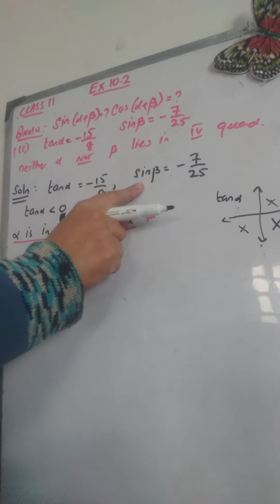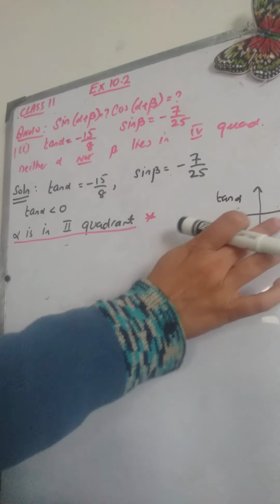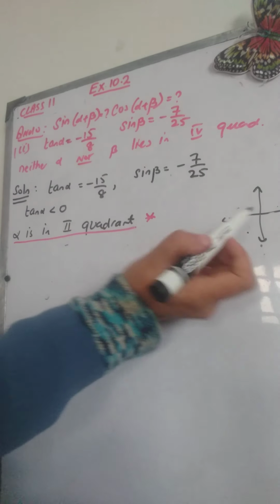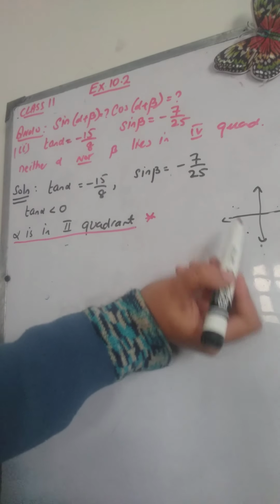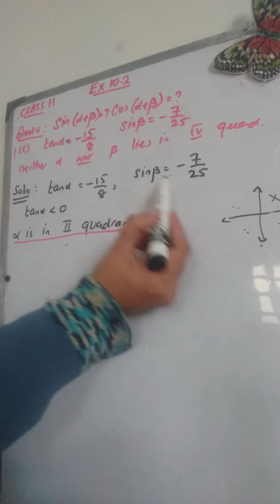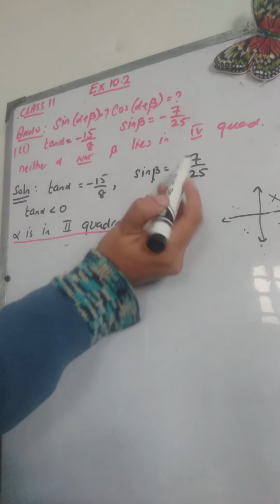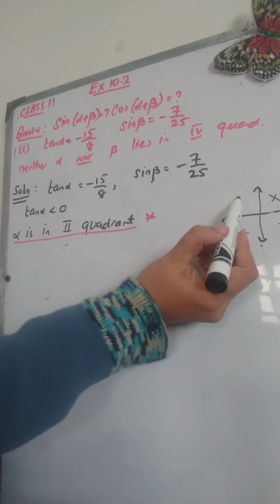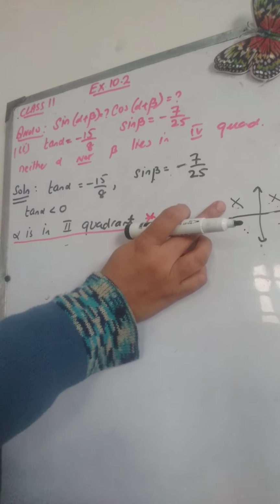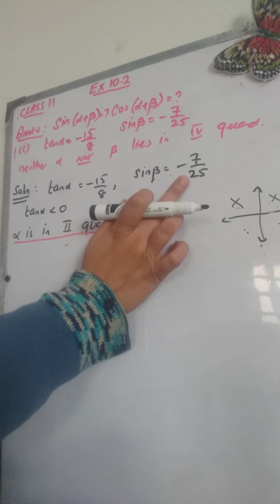Okay, let's look at beta. Now beta is negative. We know that sine of an angle is negative if it is in either the third or fourth quadrant. In the first quadrant sine is positive, so beta can't lie in the first quadrant, because it is given that sine of this angle is negative. Also it can't be in the second quadrant, because in the second quadrant sine is always positive, and it is given that sine beta is a negative quantity.